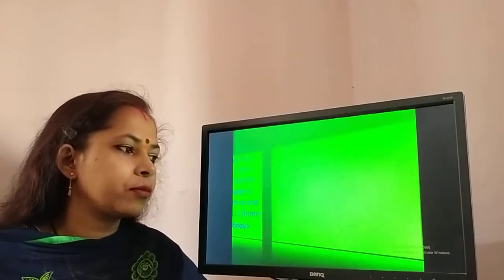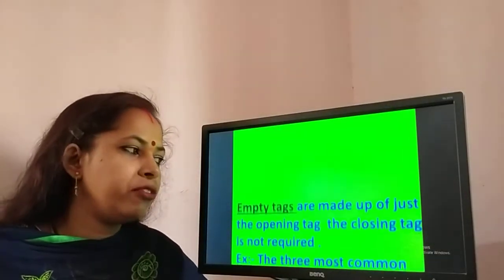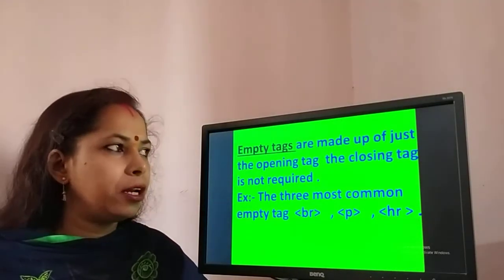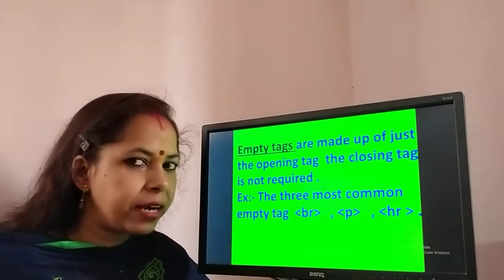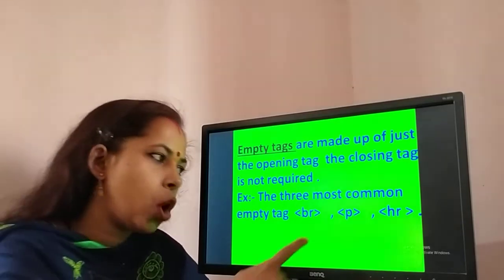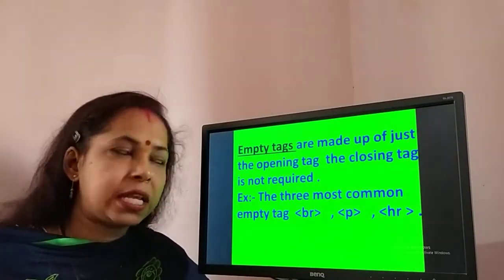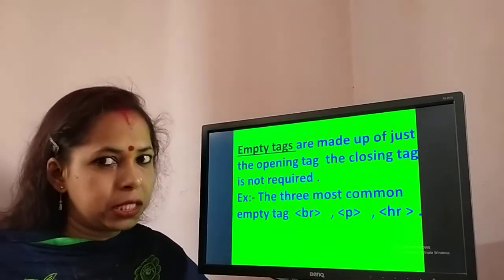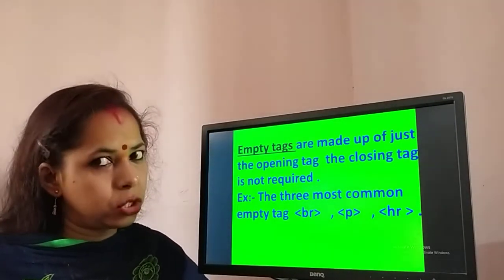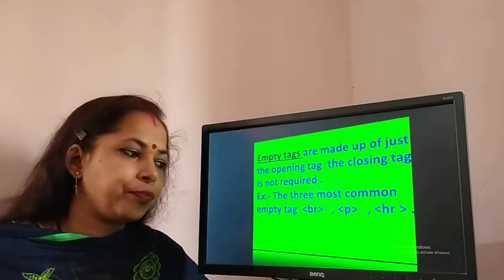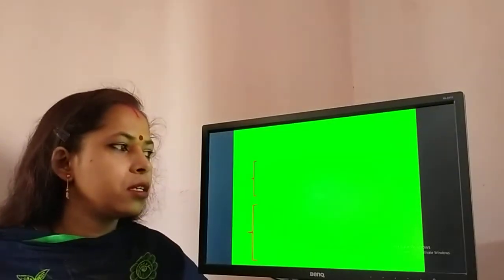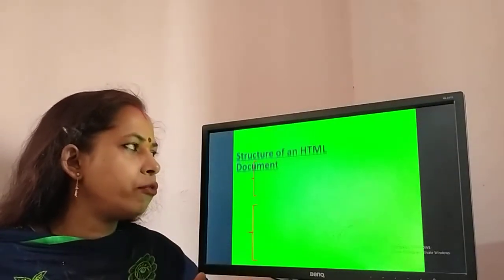Next is the empty tag. You know, everyone, empty tags are made up of just an opening tag and do not require a closing tag. The three common tags are the BR tag, P tag and HR tag. Those are all empty tags. They do not require the closing tag. They require only the opening tag. Okay. Now next is the basic structure of